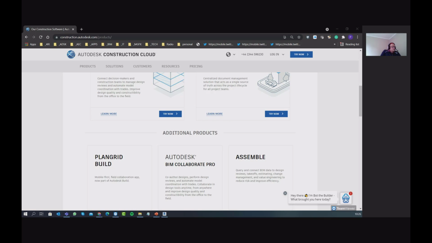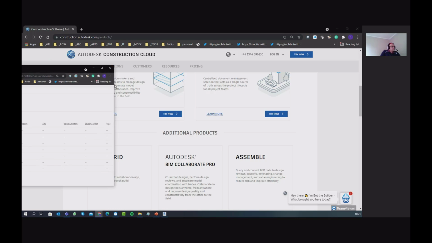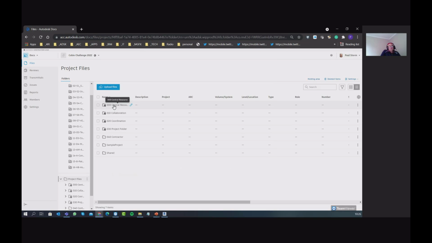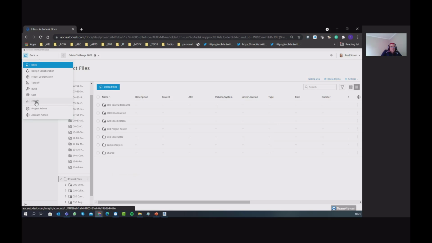So moving on to the actual platform, have a look at what that platform looks like. We have the new platform, which is the Autodesk Construction Cloud. It's an improvement or an evolution of the BIM 360 platform. And what you will see is that it's got, in my case, most of the licenses that are available over here,